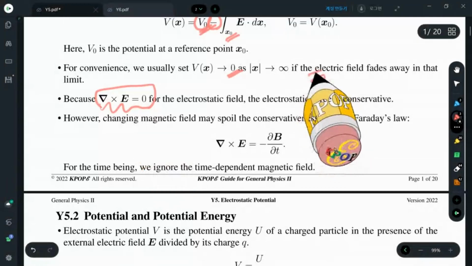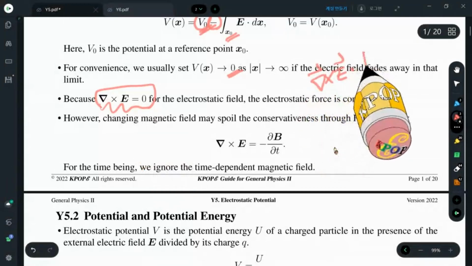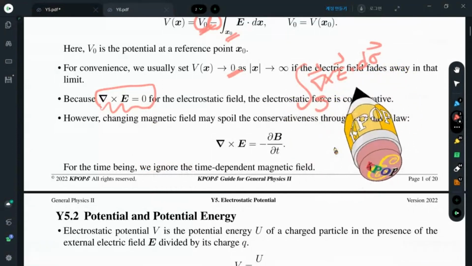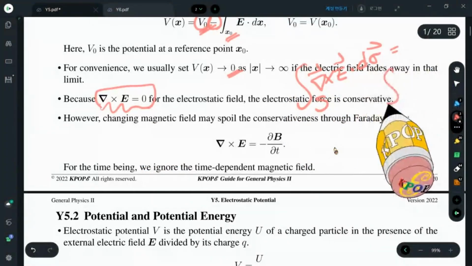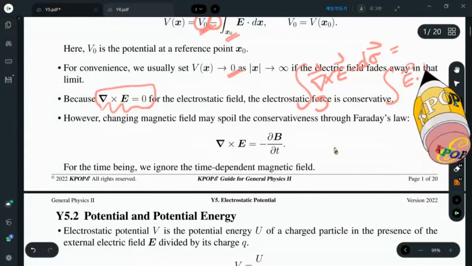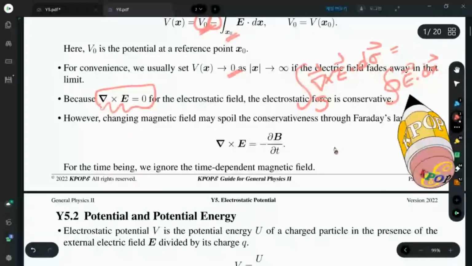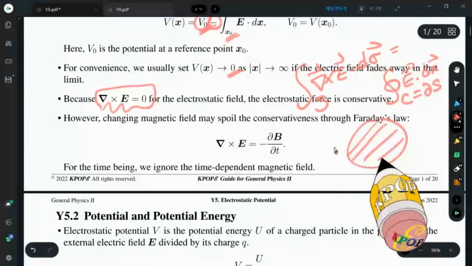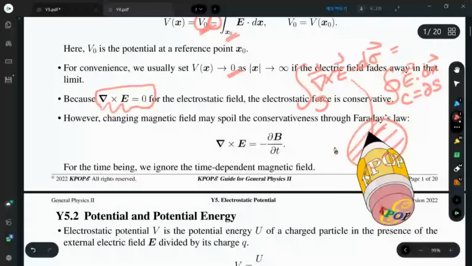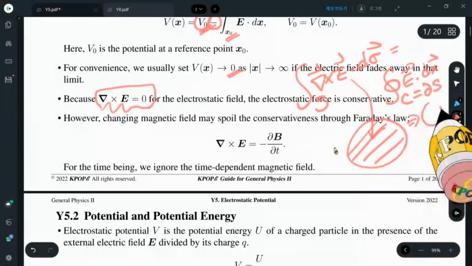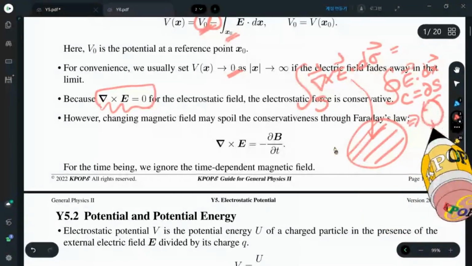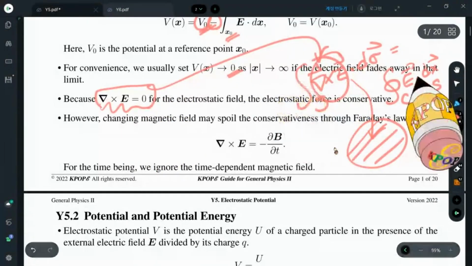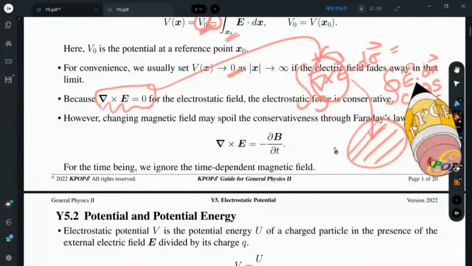The reason is that the curl evaluated over a surface is identical to the path integral over a closed path that is the boundary of the surface. So the surface integral of this curl becomes the line integral along a closed path. When the curl is 0, this integrand is 0. That means this closed